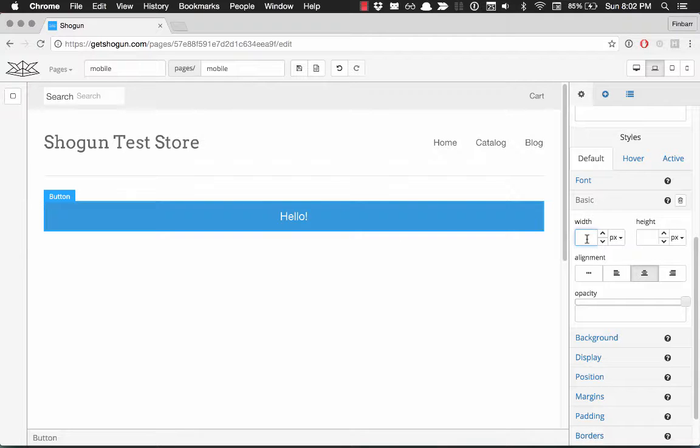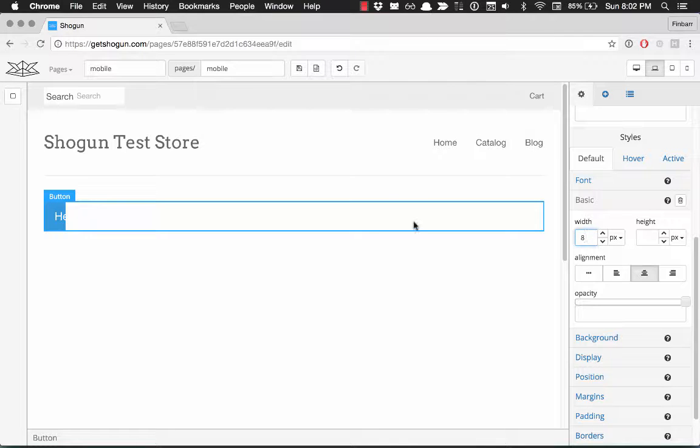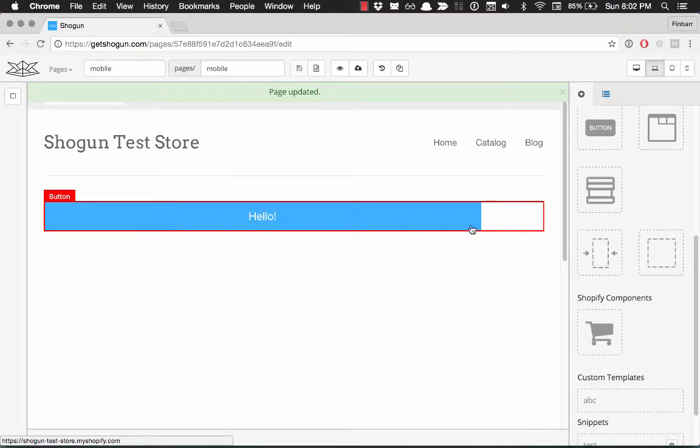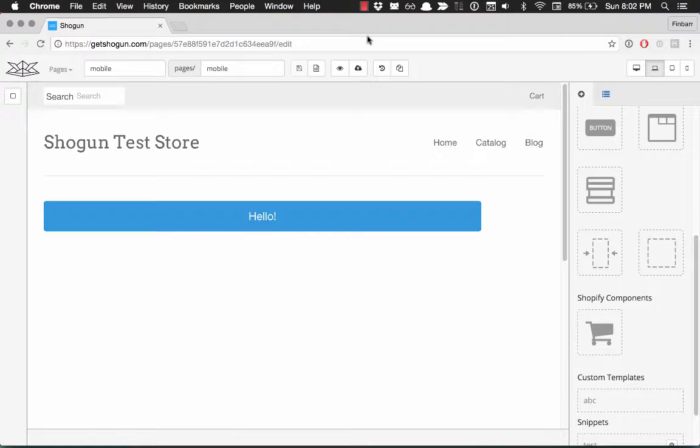The next thing I'm going to do is change the button so that it has a width of 600 set on the button. In fact, let's make that 800. Oops, 800. So my button's now 800 wide. So I'm going to save this page. And this looks okay on desktop, but let's see what happens when we start looking at this on other screen